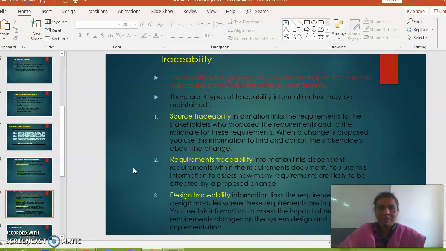Traceability is the property of a requirement specification that reflects the ease of finding related requirements. There are three types of traceability information that may be maintained. Number one, source traceability. Source traceability information links the requirements to the stakeholders who propose the requirements and to the